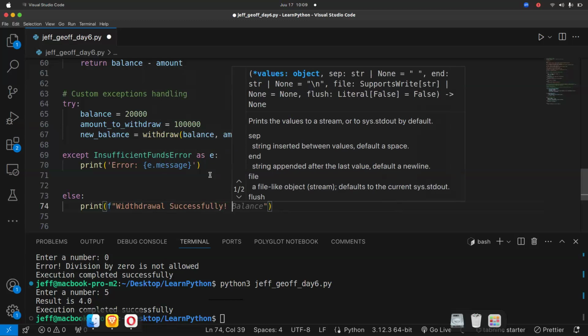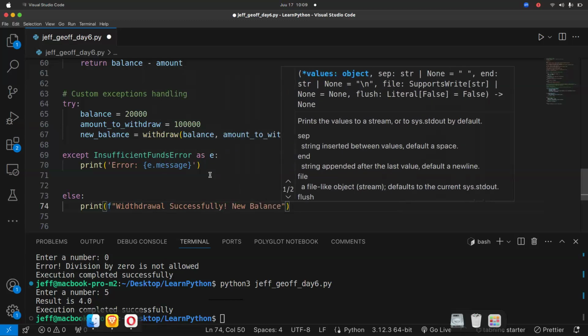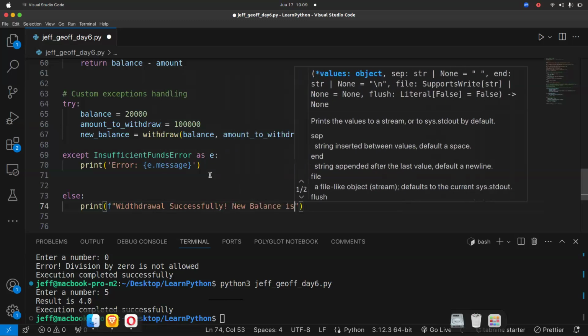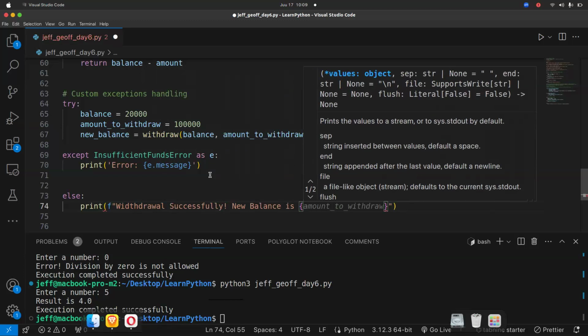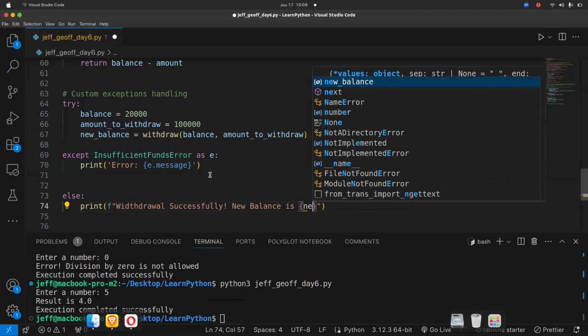Then the new balance is, we can check it from the new balance.